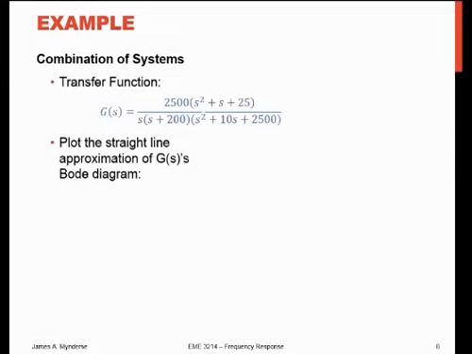Let me rewrite that just a little bit. I'm going to say that G of j omega is equal to 1 over j omega, because I'm going to factor this out as I go, times 1 over 200 j omega plus 1. And since I moved that 200, I have to put a 1 over 200 here, times